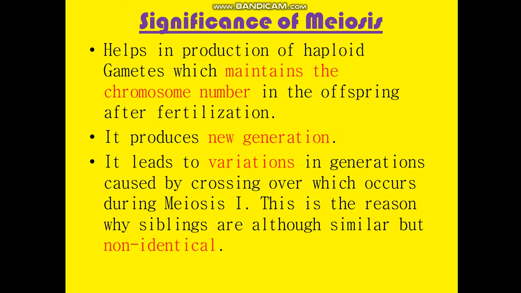Although you are genetically the same as your sibling, you are not identical. Why are you not identical? Because of this crossing over, and the percentage of crossing over is unique for you and your brother or sister. So that is why children of the same parents are not identical. Do not get confused with twins. I am not taking twins into account. Twins is an altogether different concept that we will be studying somewhere in the syllabus.